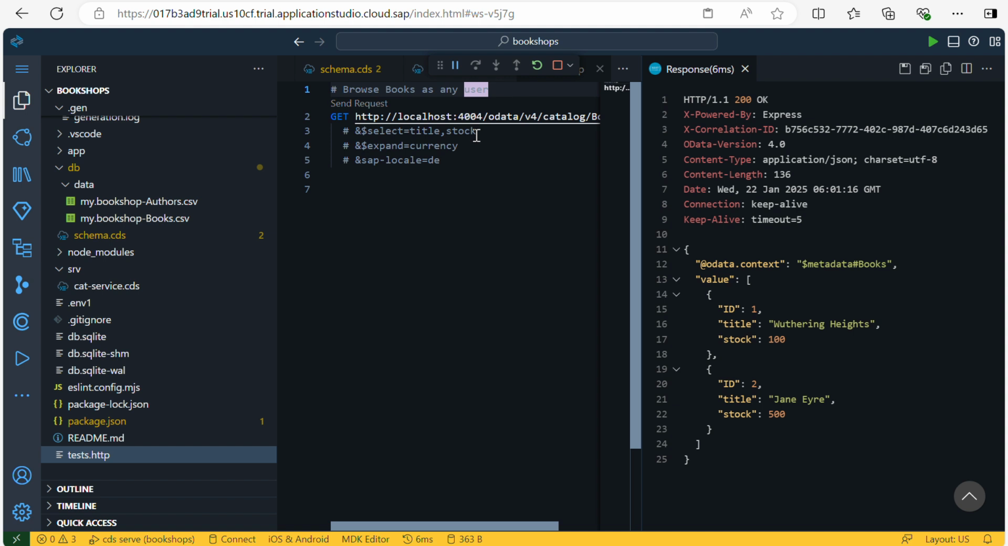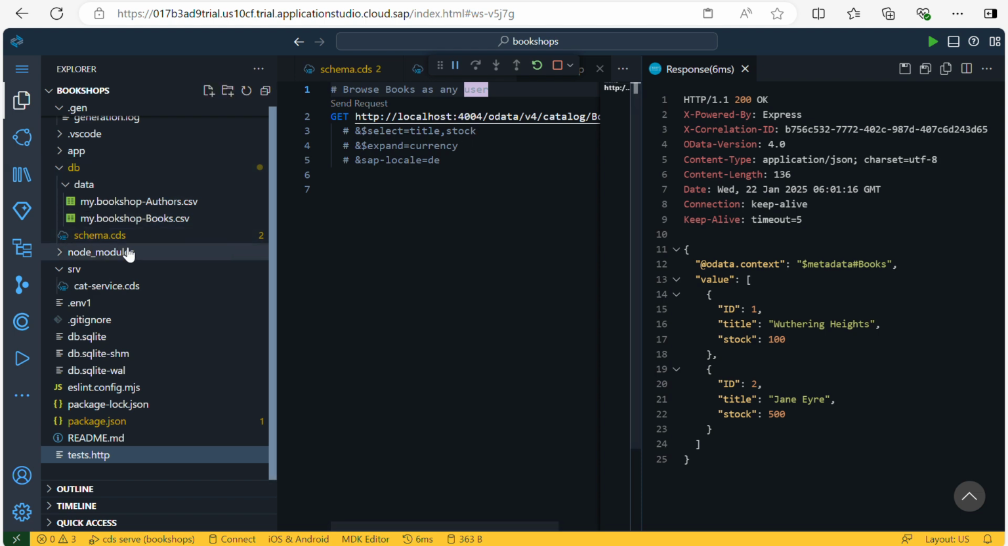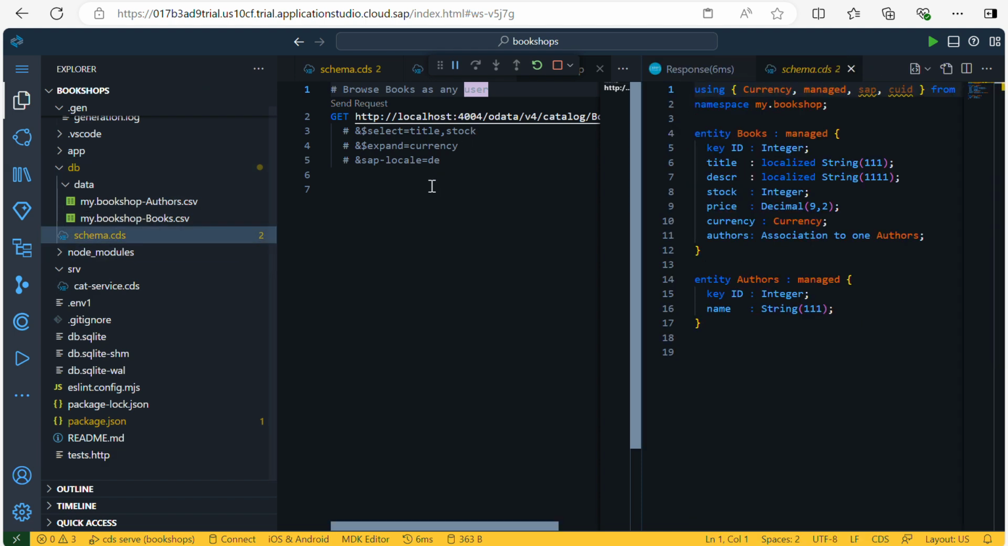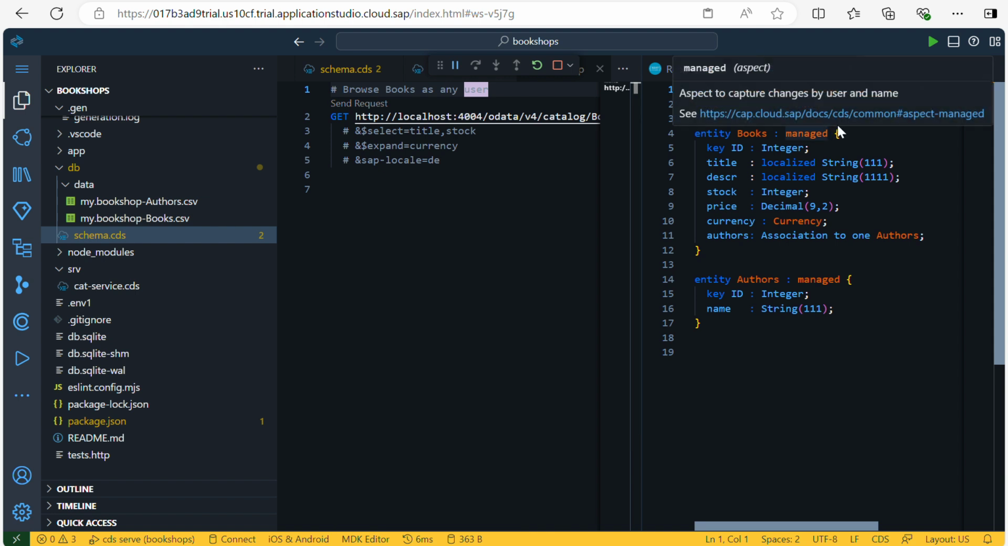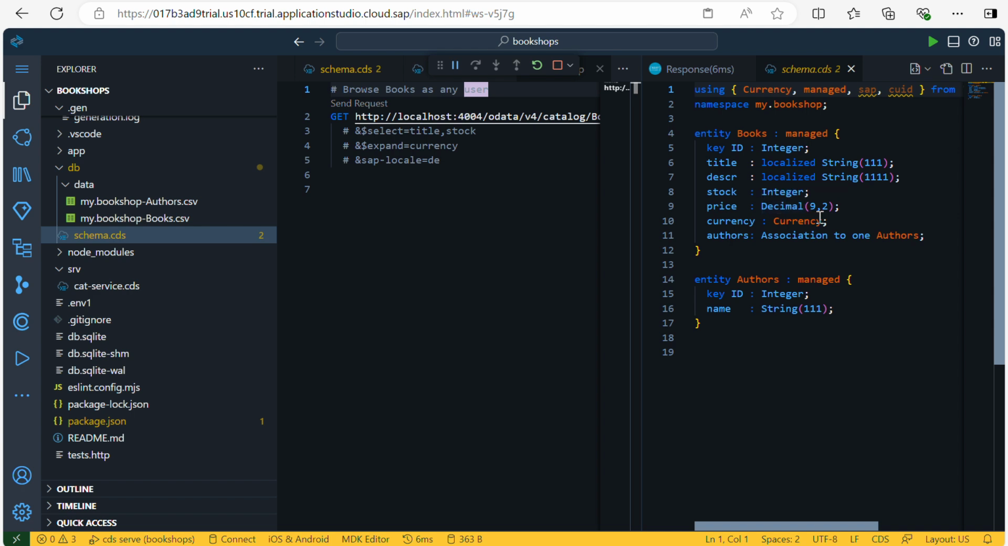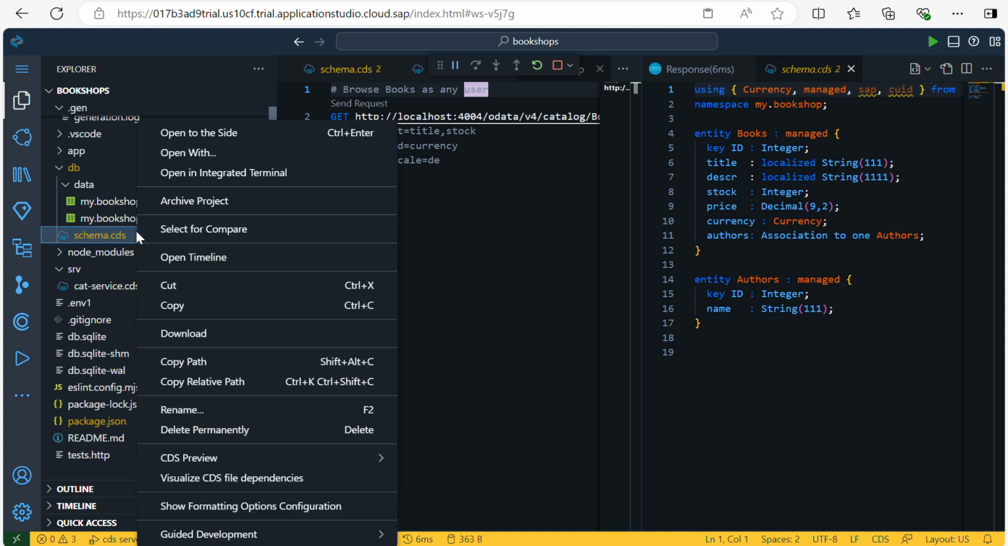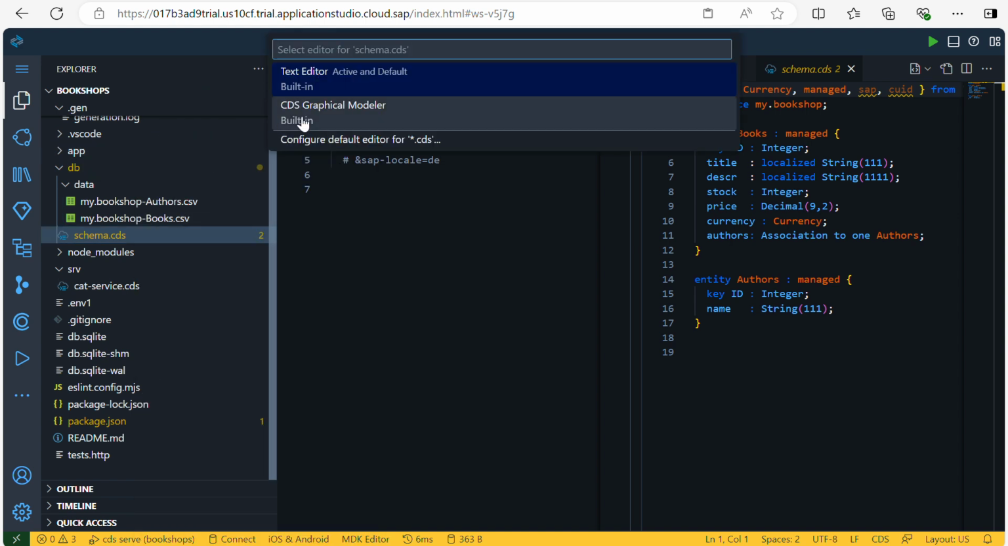And before that, one more thing I want to share with you. If you go to your schema.cds file, here if you see, I maintained an aspect called managed. So what will happen is, if you use this managed, it will add four elements, that is createdBy, modifiedBy, createdAt, modifiedAt. You can see that if you open it,